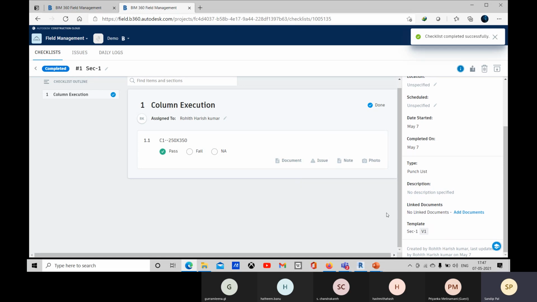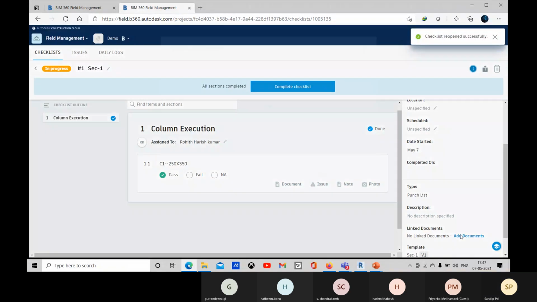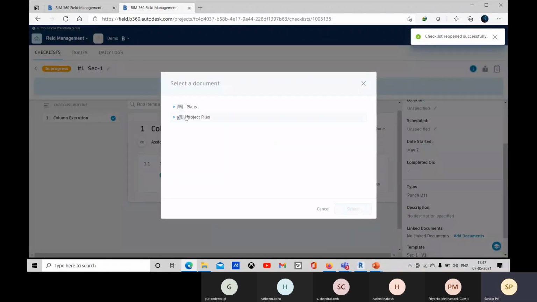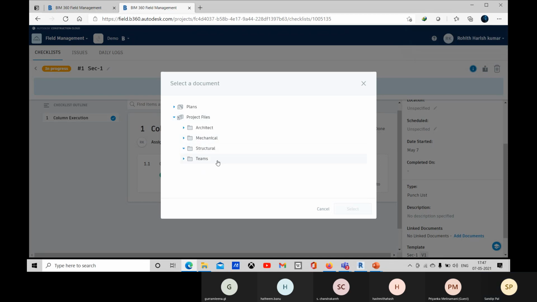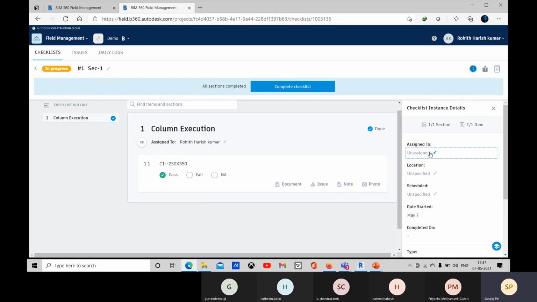And that you can see, and you can add some documents if it is needed. Okay, and here you can add some documents there. Okay, open up. All right, and about all these things you can assign it to some person.